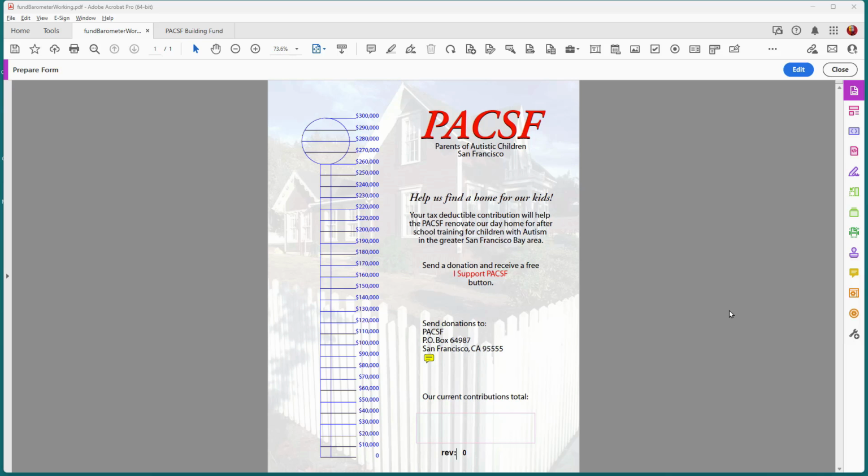If you take a look at this file that I have on screen, the intent for this document is for an administrator to periodically indicate how much money has been raised in a fundraising campaign. So it can be for a nonprofit organization, an organization that is running a specific campaign to raise money, a disaster location where people want to raise money to help people who have been impacted by a natural disaster, things of that sort. So what I have here is a text field down at the bottom,